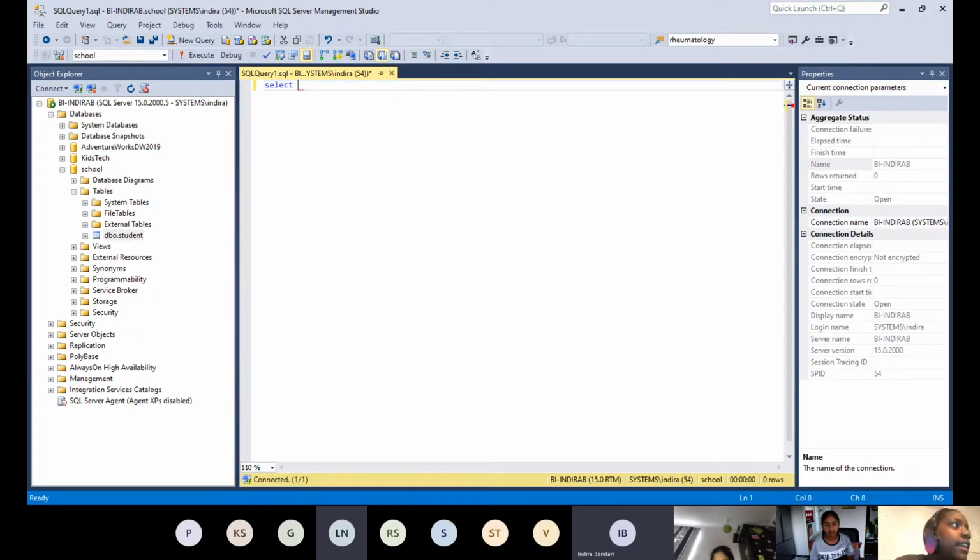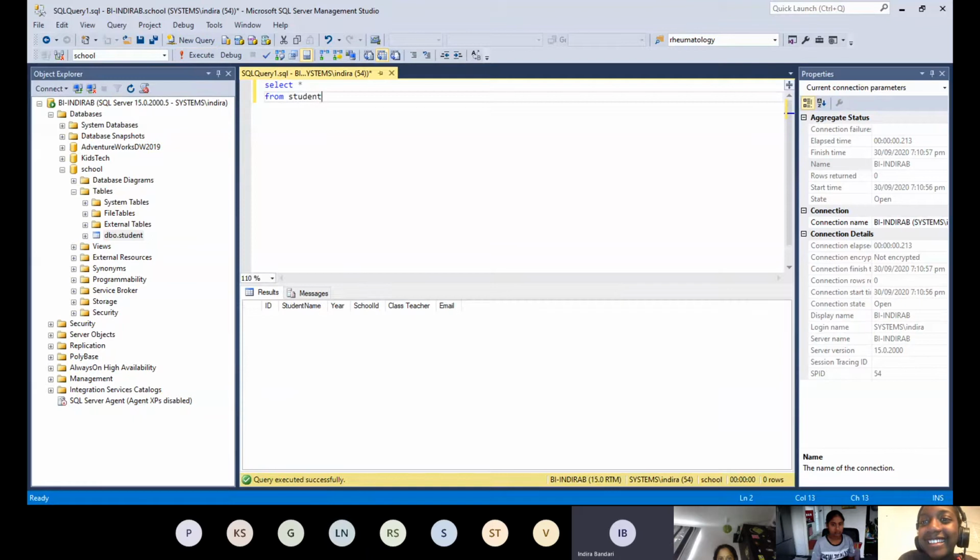You say select, then a star, then you say from student. Yes. If I execute this one, it will give you all the data.